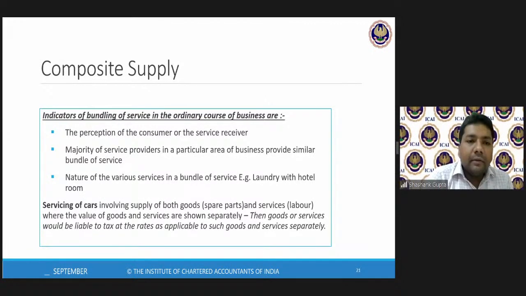To determine this, the other indicators which can be used are